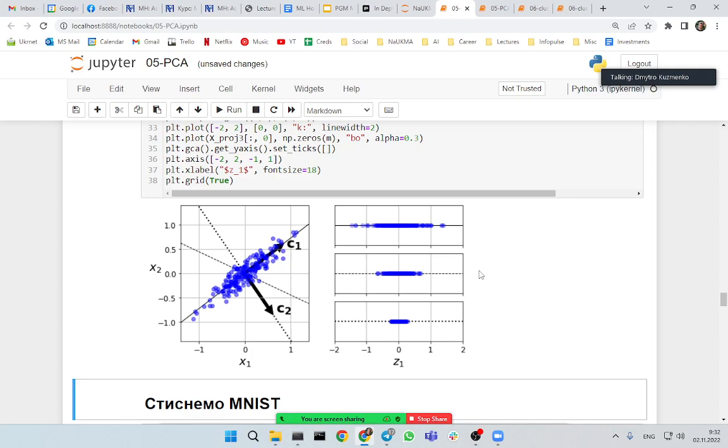This is a completely different dataset, but obviously this looks like an adequate principal component analysis and dimensionality reduction, because one of the main basis vectors, principal component C1, goes along the imaginary data distribution across its mean, not deviating too much left or right, and C2 is kind of orthogonal